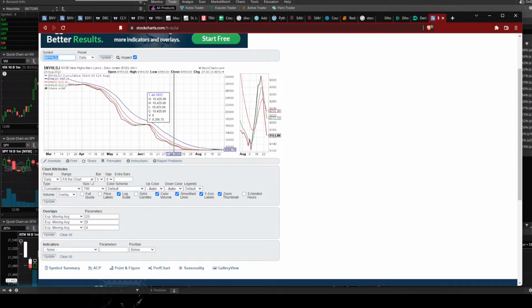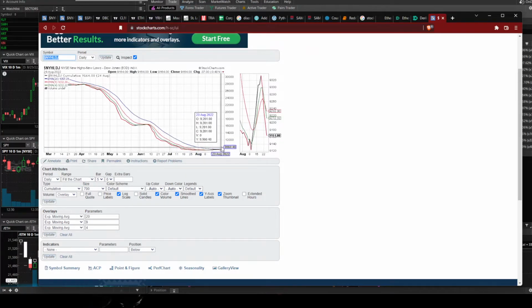Okay, so this is what I look at. This is the New York high-low cumulative line. It adds all the highs and lows for the day. Again, our MOAB signal was if this can curl up above the 20-day moving average, which it has not done so. It made its first bullish signal a few sessions ago when the 4-day EMA went over the 9-day EMA, but now it's again back down into the bearish formation.